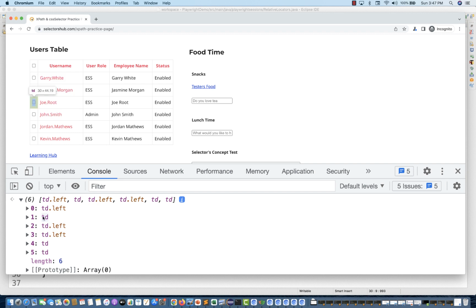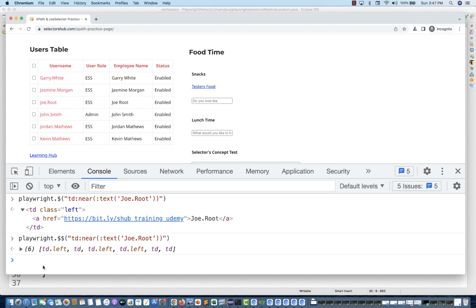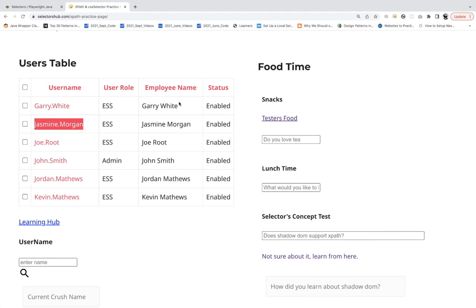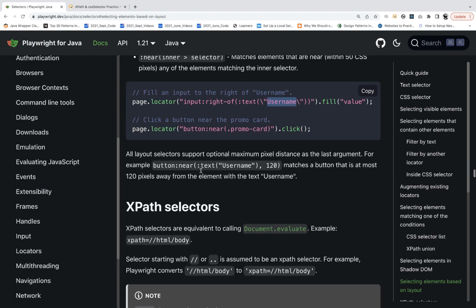Now you can see that it's giving you only 6, but I can increase the near location on the basis of the number of pixels. If you see the official documentation here, once again you can pass one more thing, a distance as the last argument. For example, button near text means give me all the buttons near this particular text within this particular 120 pixels. So it matches a button that is at most 120 pixels away from the element with the text